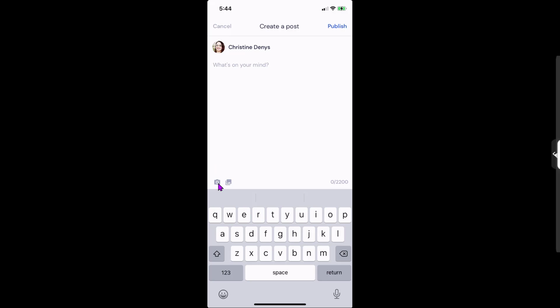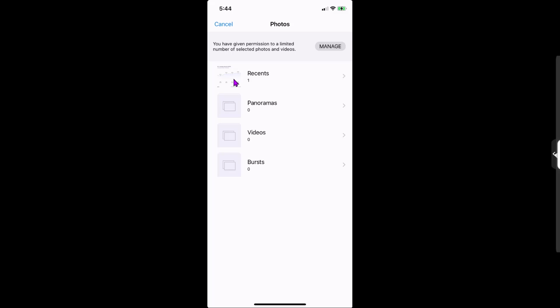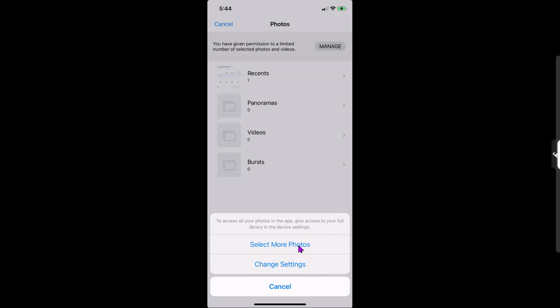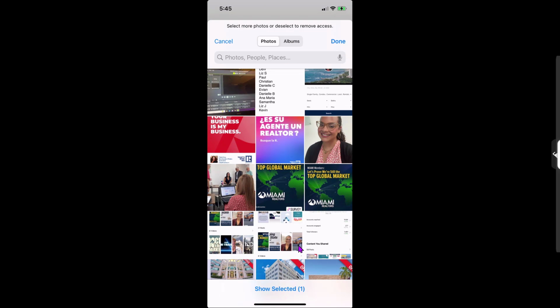You also have the ability to take a picture or add a picture from your phone. So let's go ahead and click to add an image. From here, I have some of my recents. Go ahead and manage. I'll have access to selecting more photos from my phone that I can click. For example, I'm going to go ahead and click on this image here that I'd like to share, and then I'm going to click on done. Once I've clicked on here,